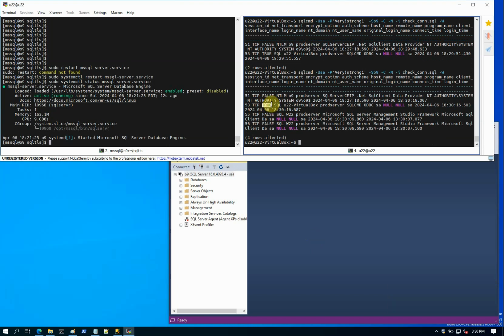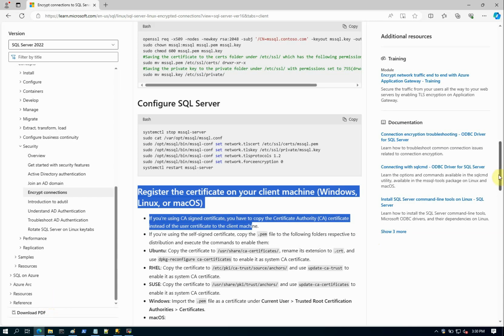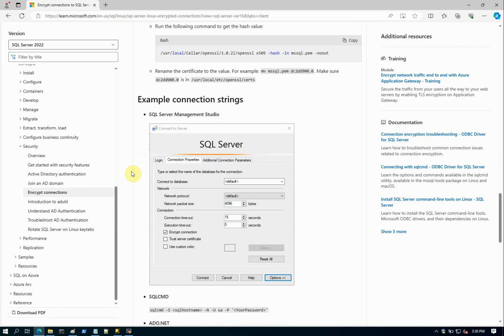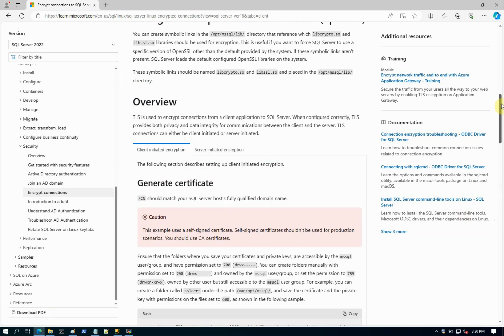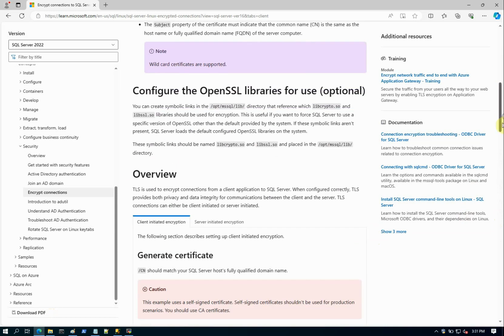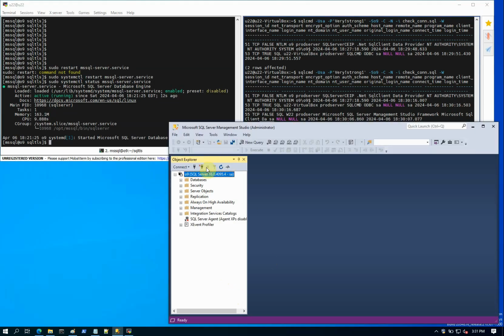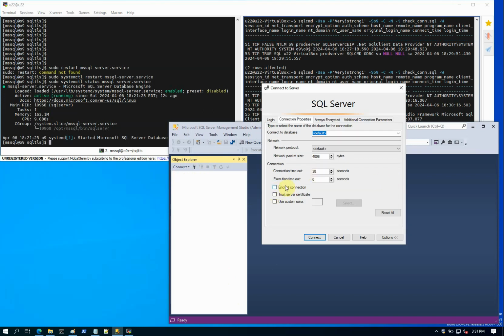Right? So you see, for the Linux connection it is encrypted, but for the SQL Server client, because we didn't check the encryption option, it's not. Let's see the document from Microsoft. Okay, so it is stated as one. If you want to encrypt, you have to use the encryption option, because the client needs to initiate. It is an encrypt option. Okay, so let's see where it is. Yeah, here. Client initiated encryption. So the client, like SSMS, right, when we initiate the connection, this is the option. If we set the encrypt option, then the server is going to respond to the initiated encryption. Okay. However,